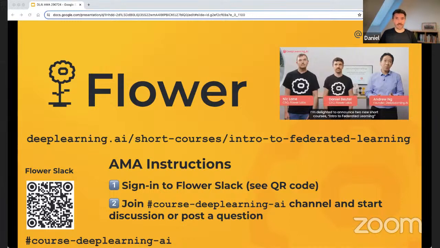But then in addition to that, Flower also comes with what we call the deployment engine. And the deployment engine allows you to put this code onto different machines. Obviously, federated learning is a distributed approach, sometimes also called decentralized approach, where you have data in different hospitals, for example, and different organizations, or you have data on different user devices.